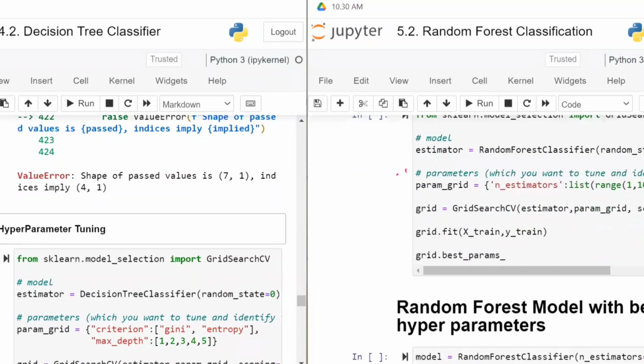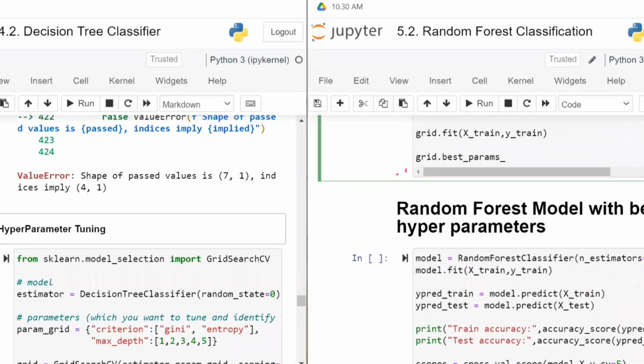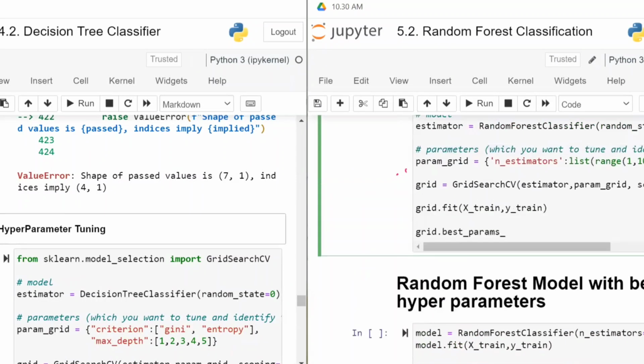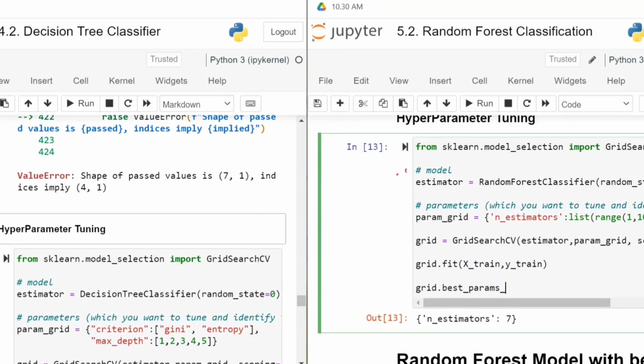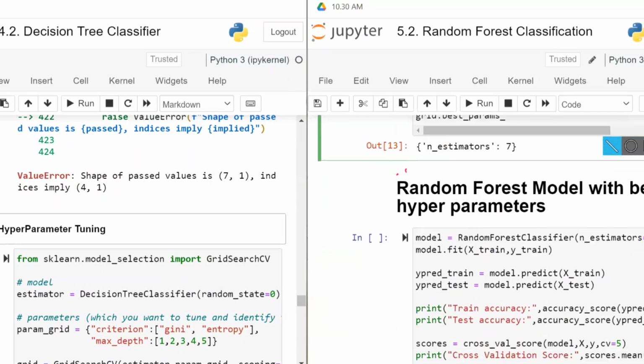After trying all the 100 models, I am going to get the best n estimators. Let us see. I'm identifying which is the best n estimators value. N estimators is equal to 7. Now, if I had got n estimators as 100, I would increase this 100 to 200. But I have got 7, which is in between, so no need to increase to 101, 102, 103. I need not check. So whatever 7 I have got, I'm writing the 7 here.